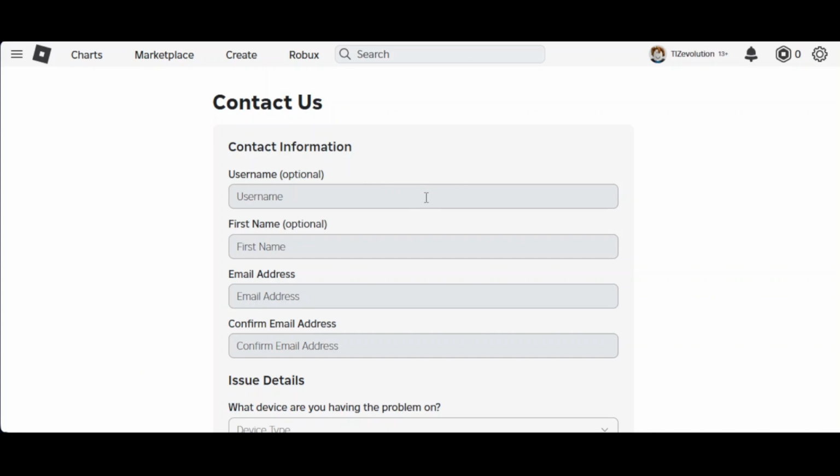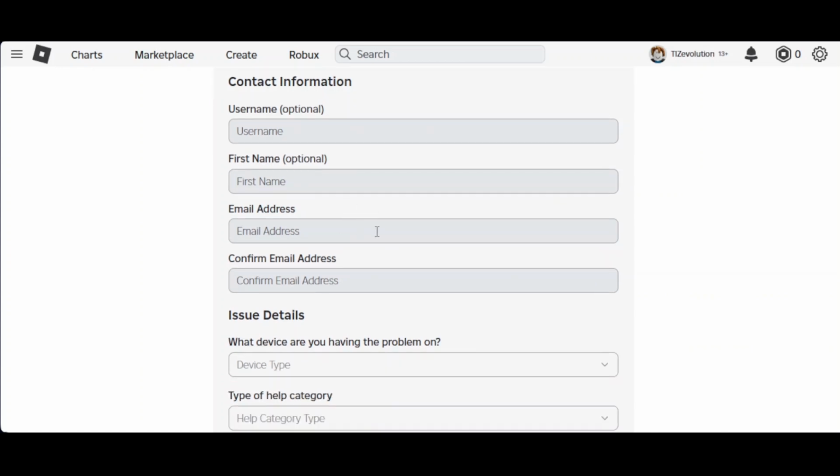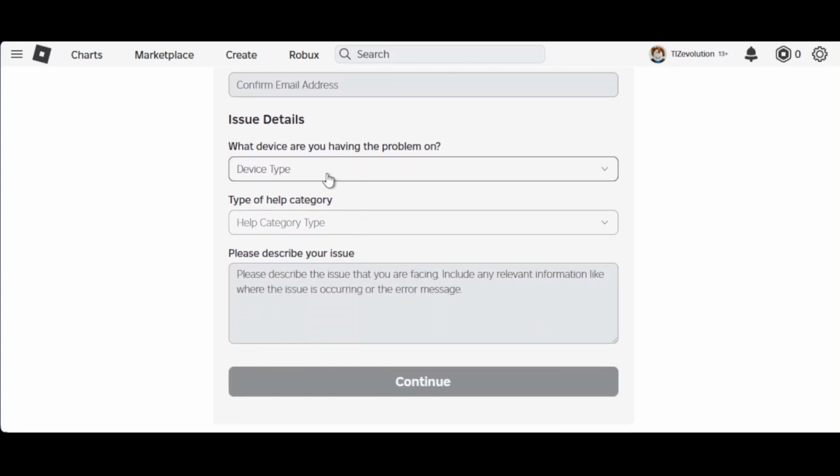So in contact us form you need to enter your username. If you have forgotten your username you don't need to fill it as it is optional. And then you need your first name, which is also optional, and after first name you need to enter your email address. It's not your game email address, it's the email address that the support team wants to contact you with. So enter your email address here, then confirm the email address, and then in issues you have to select